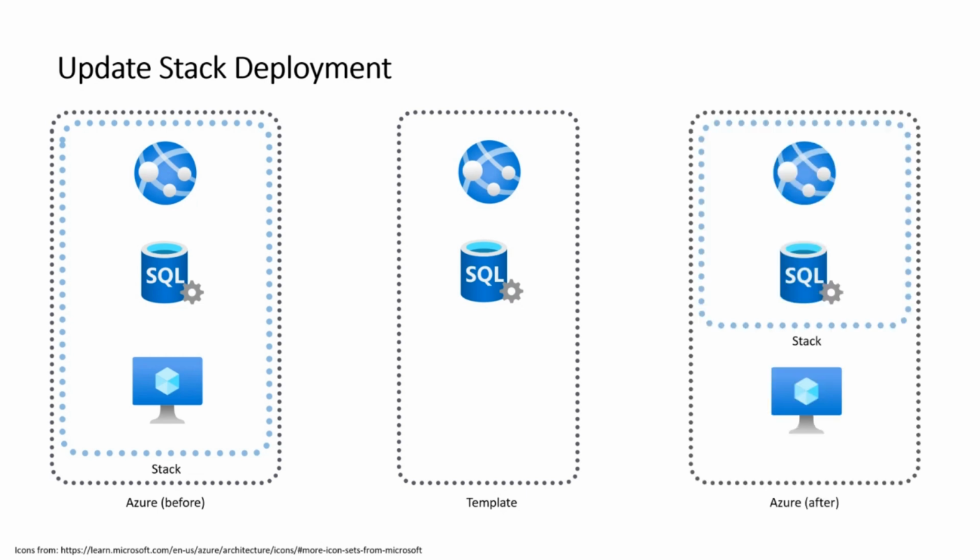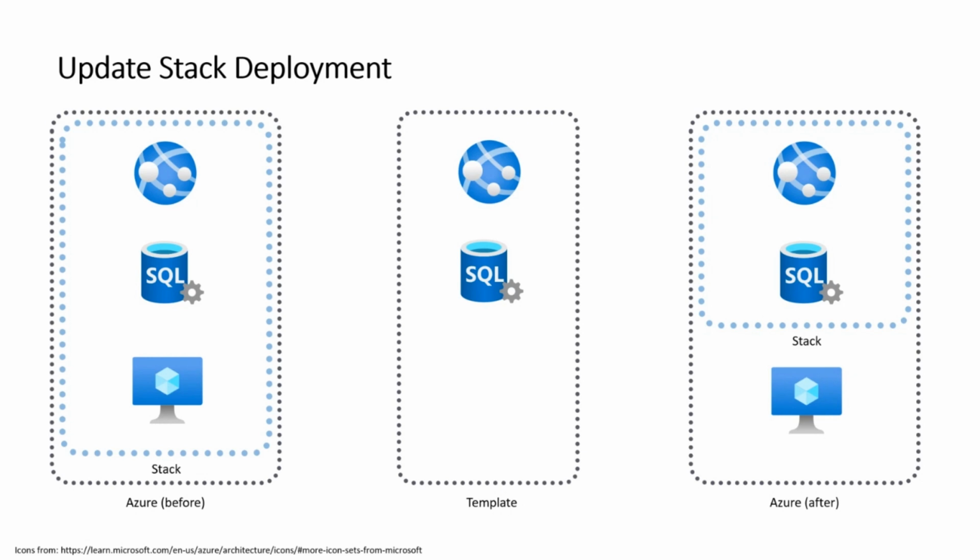What now happens is that in Azure, that stack is shrunk to only contain the app service and the SQL DB. And the virtual machine is still referenced in the stack, and it's going to be called a detached resource. So you can start scanning your stacks for detached resources, and viewing the detached state is more or less like a recycle bin, and then look at those resources, see if you really don't need them anymore, and if you don't, remove them.